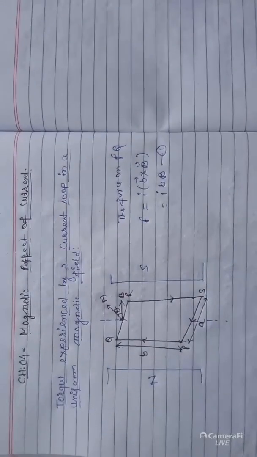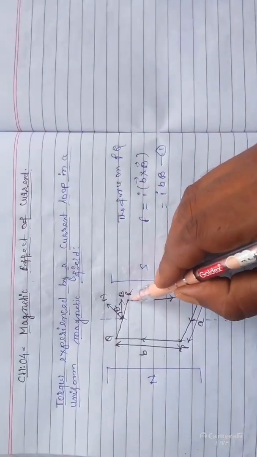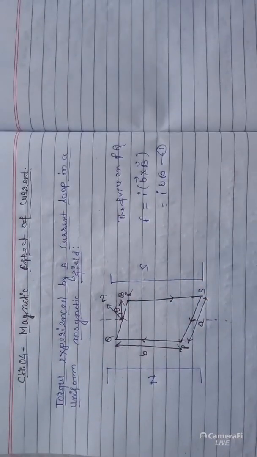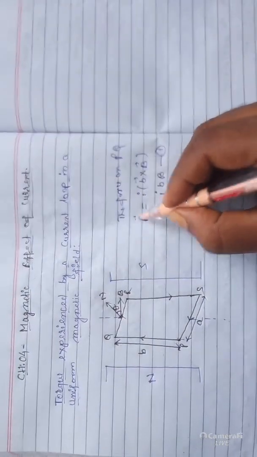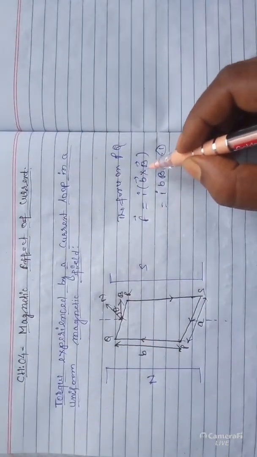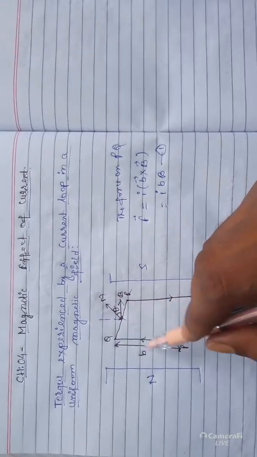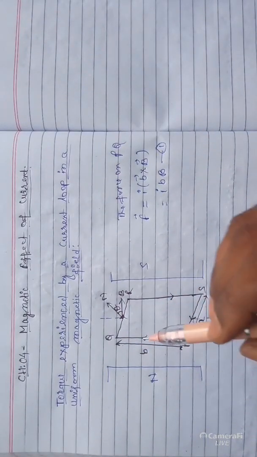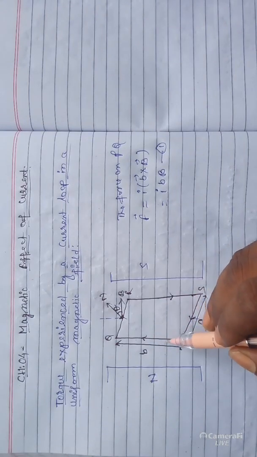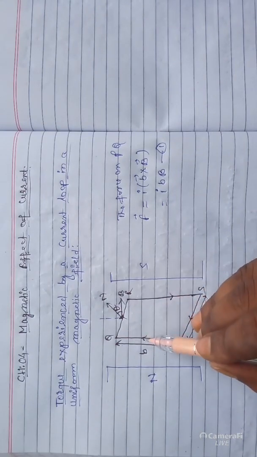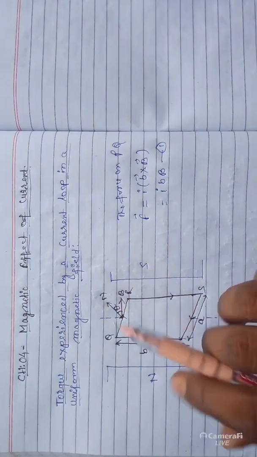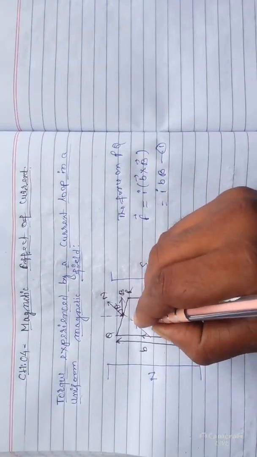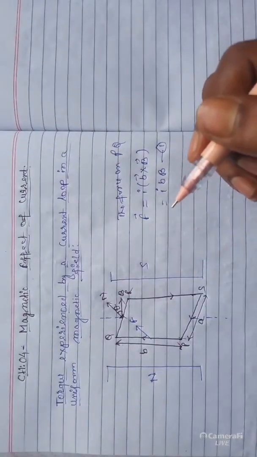Now the same force will act on this wire also, but you have to understand the direction. What will be the direction? Here the direction of this force is b cross B. So if we apply the corkscrew rule, then what do you get? Direction of b is along this and direction of B is along this. b cross B, so it will be in the inward direction. We have already discussed this direction. This is the direction of F.